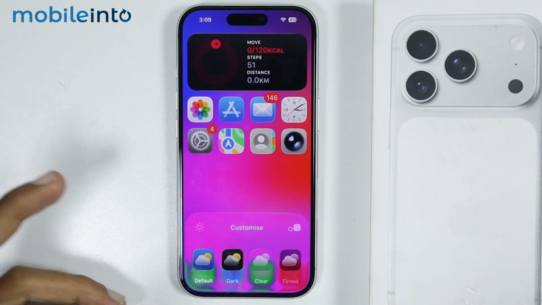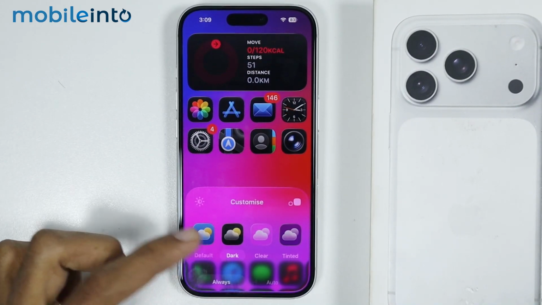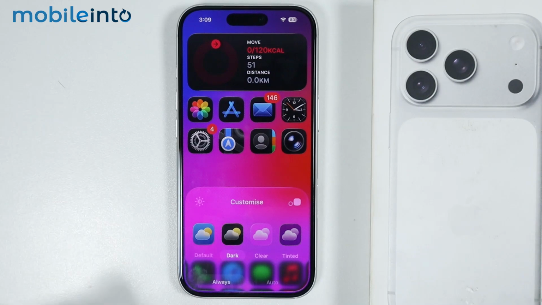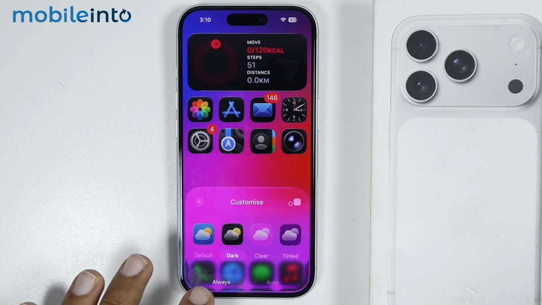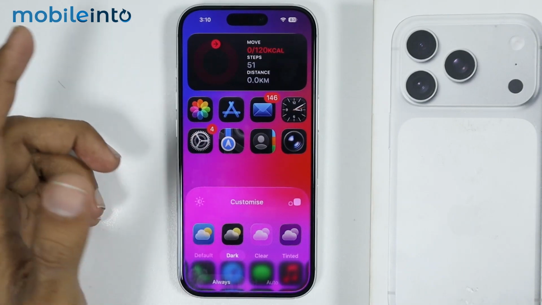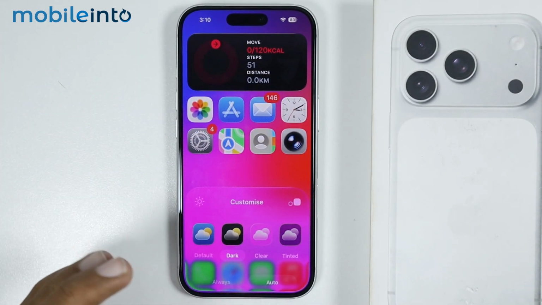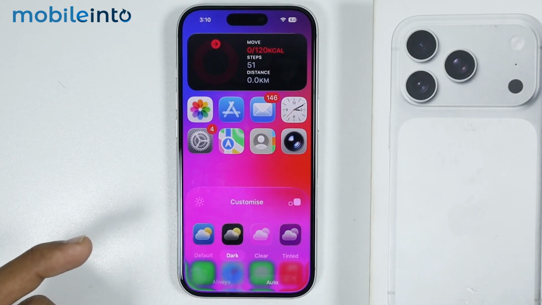But if you want to customize the icon colors, you have the option of dark, and by selecting dark, you will enable the dark versions for the icons. Now, you can either select always, and if you select always, your icons will always be in the dark style, but you also have the option of auto. Now, if you select auto, the dark icons will be automatically enabled during the night time, and they will be